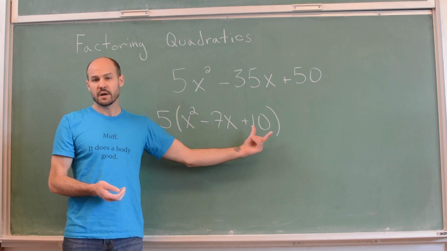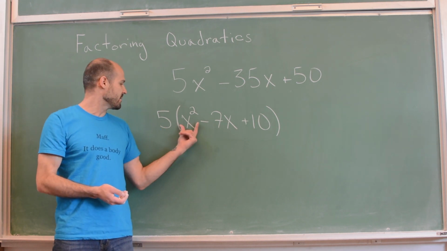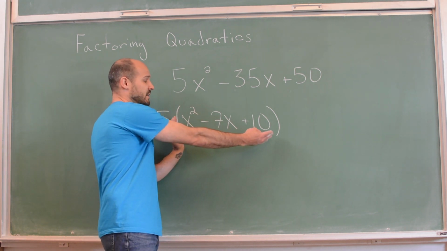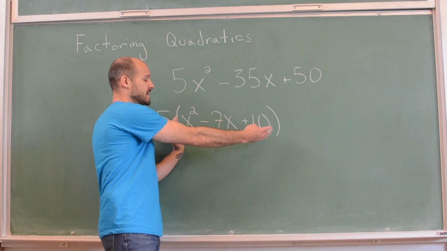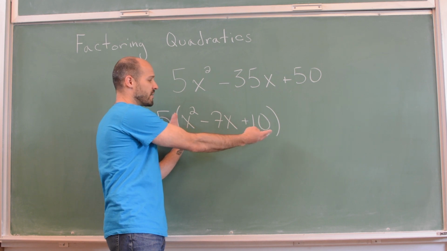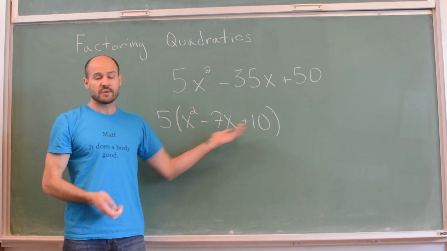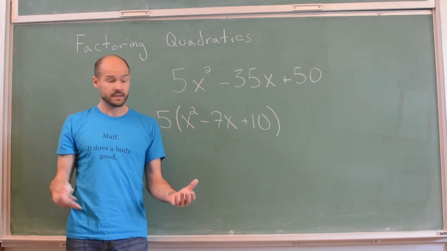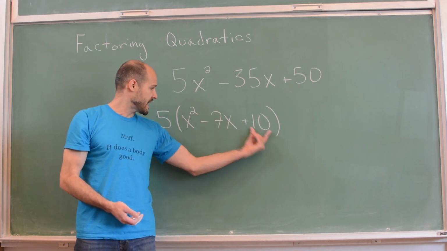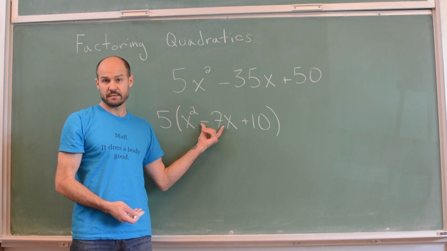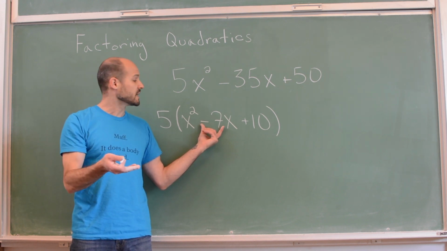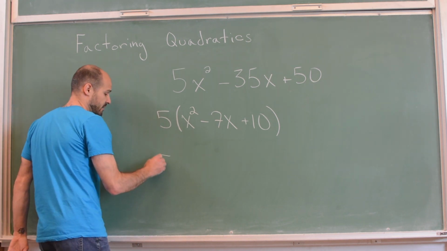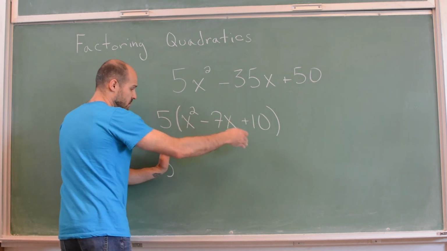We have a quadratic trinomial. We have a equal to 1. And so this can be factored in the next step. The next step is to say, what do we have in the parentheses and how do we factor it? We have a quadratic trinomial where a is 1. We can factor that using the trig. What multiplies up to 10 and adds up to negative 7? Negative 5, negative 2. Again, the trig tells us that this set of parentheses factors out to 2 sets of parentheses.